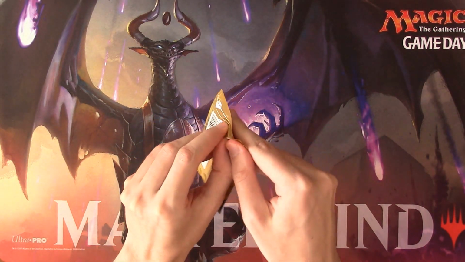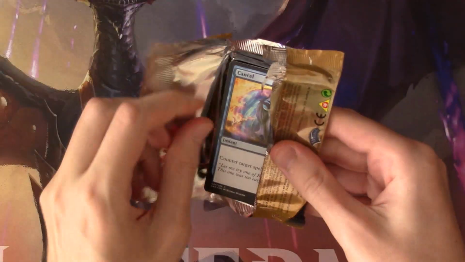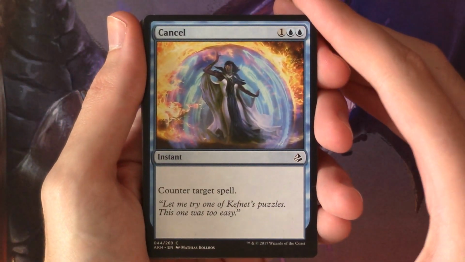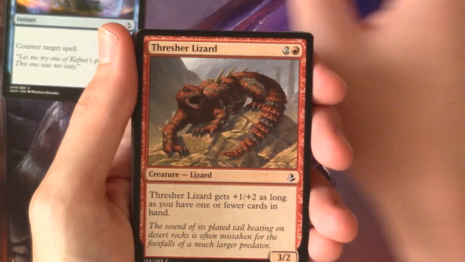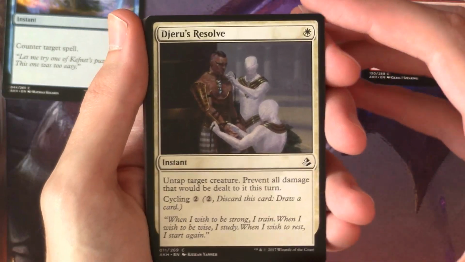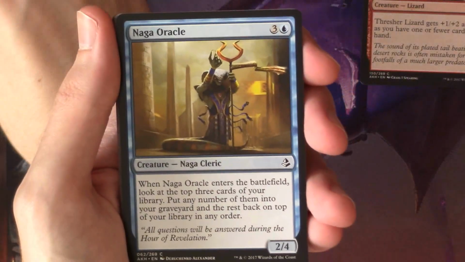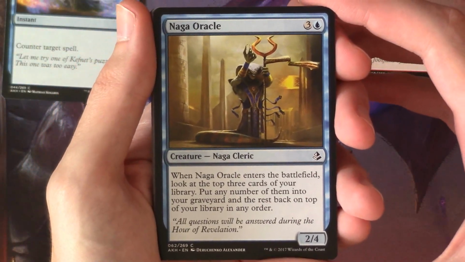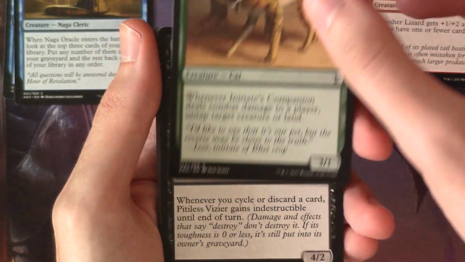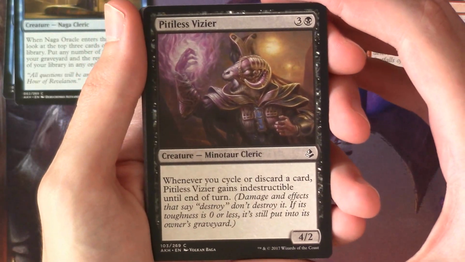So let's get started with our booster of Amonkhet. Our first card is Cancel, Thresher Lizard, Jero's Resolve, a Naga Oracle, Initiate's Companion, Pitiless Vizier,